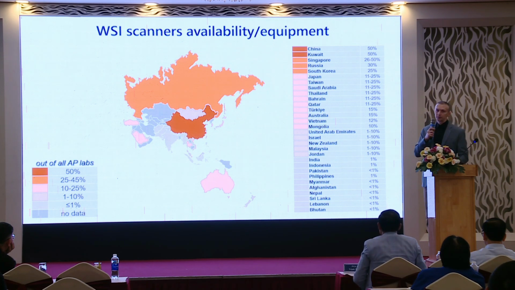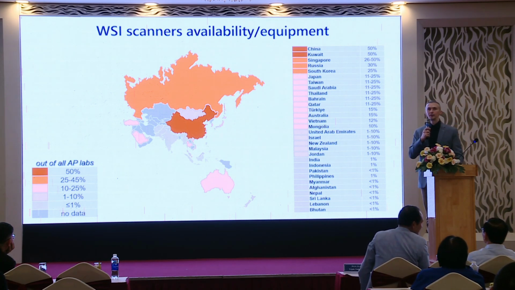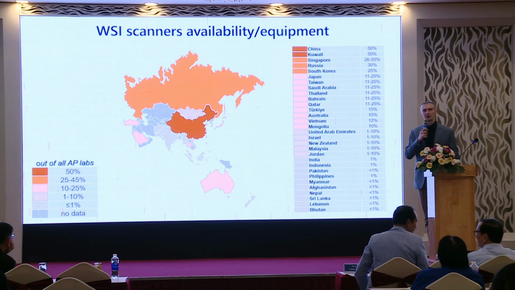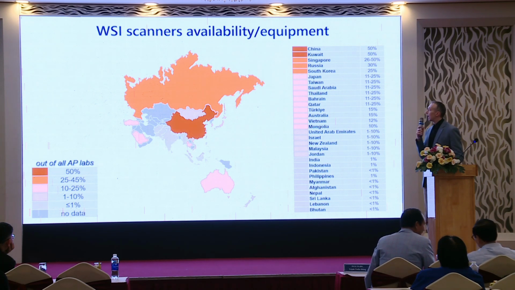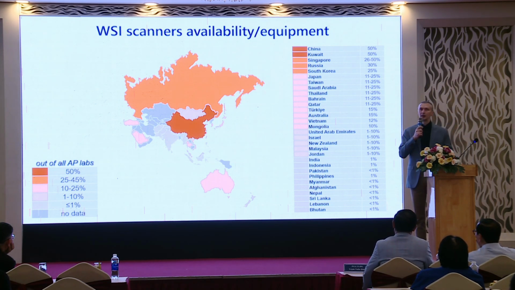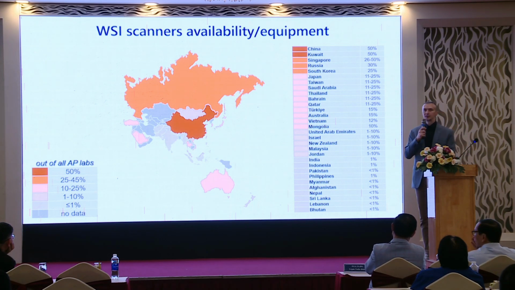This is a kind of survey we did by the Asian Society of Digital Pathology, and we tried to figure out the baseline numbers about the digitization of pathology labs on the continental level, and it doesn't look bad. You see that many countries have access to scanners, and even in some countries, they are quite advanced, like large countries, China, or very small countries, like countries of the Middle East, they have access to scanners.